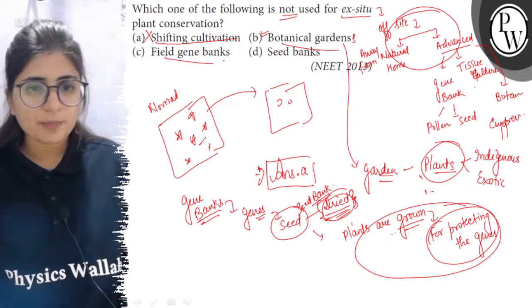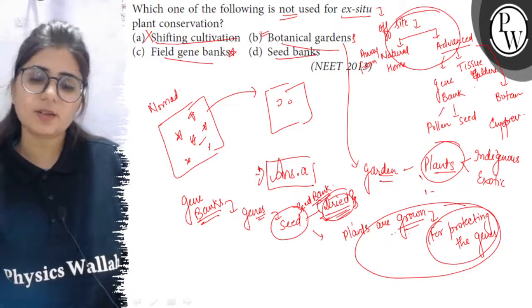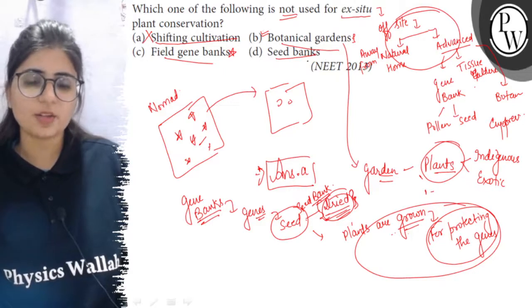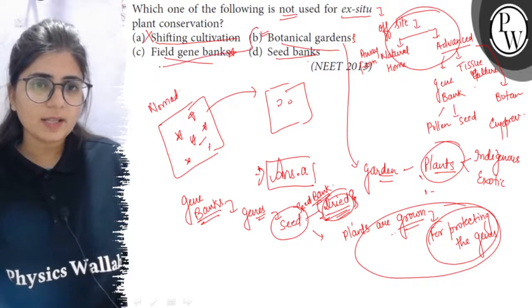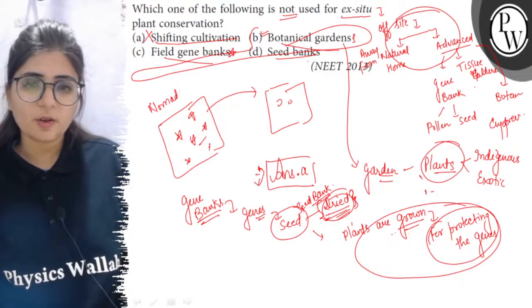So this is an approach of ex-situ conservation, and seed banks are also an ex-situ conservation of biodiversity. So all these three are ex-situ, while shifting cultivation is not a method of ex-situ